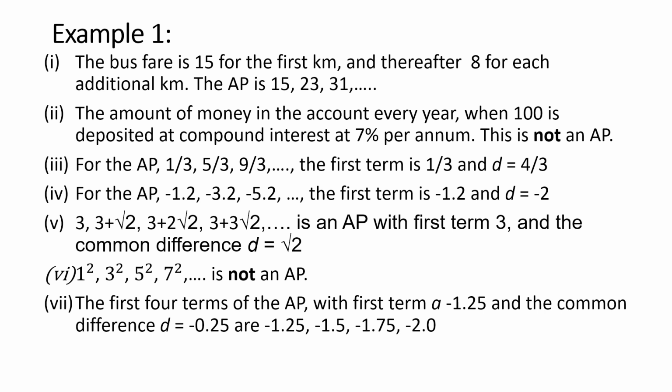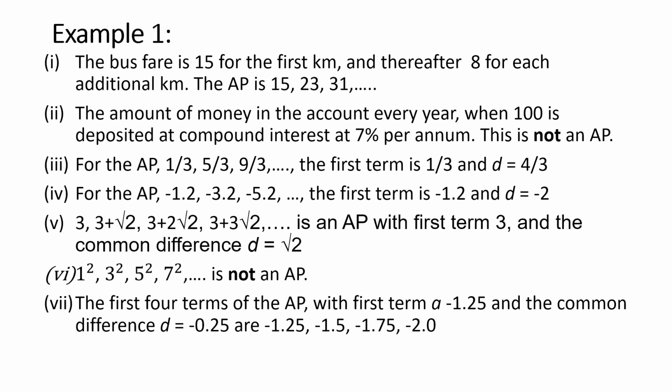So it will be minus 3.2 plus 1.2, which will be minus 2. D is the common difference between two successive terms. 3 plus root 2, 3 plus 2 root 2. This is also an AP with the common difference root 2. But if we have 1 square, 3 square, 5 square, it is not an arithmetic progression because obviously the difference